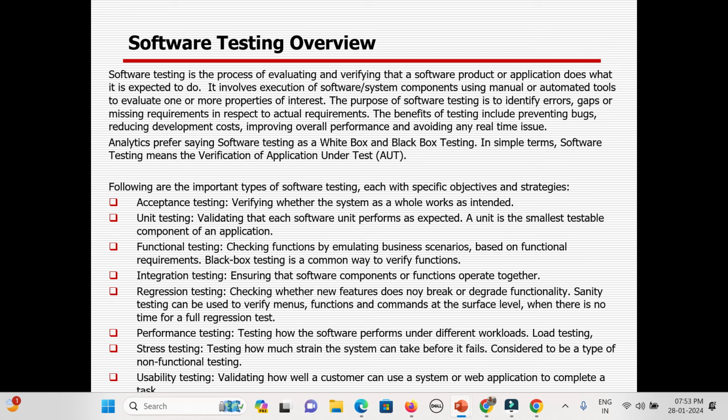After everything is nullified and there is no critical or major issue or defect, then the code will be deployed to production. And after that, there might be some changes, so the production support team will be there to handle these kinds of issues. Okay, so here I just want to give a couple of pictures.